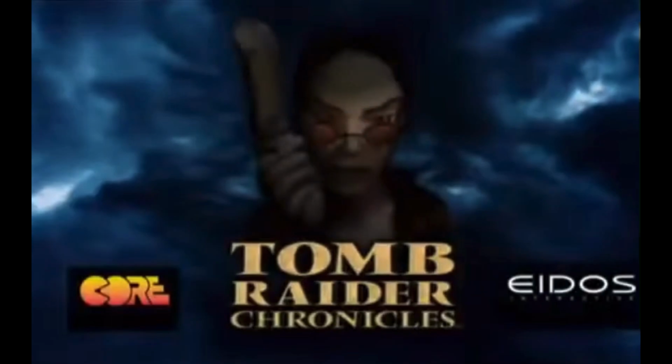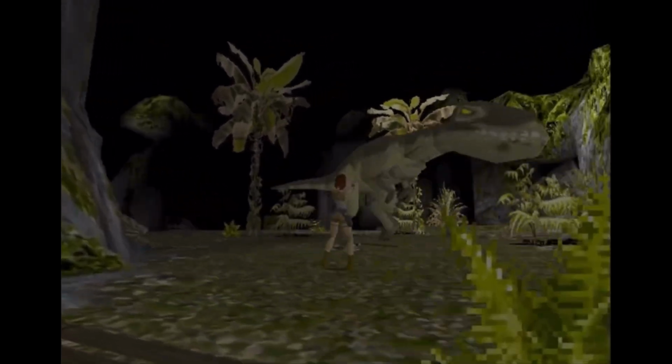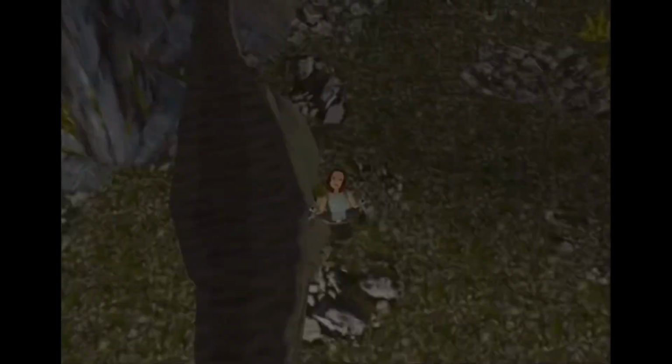And you had people dressing up like her, cosplaying, there were 3D statues in the game stores, the girls loved seeing a fellow female kicking butt, and some teenage boys did lust after her. Lara was arguably one of the most popular characters from the PlayStation 1 generation, and with very good reason. Now, if you've seen my other videos, you'll know just how much I love Tomb Raider as a franchise, except Angel of Darkness. But in general, I'm a big fan of it, and also it really showed off the new